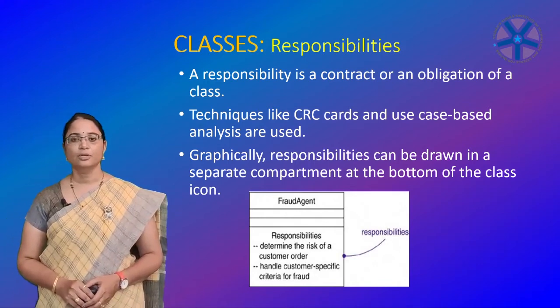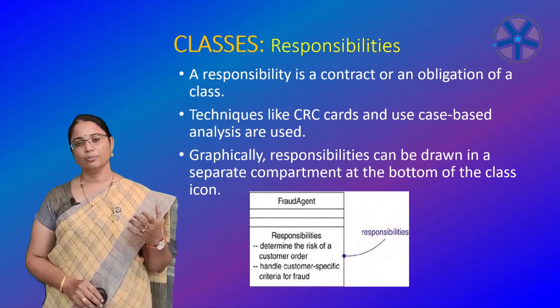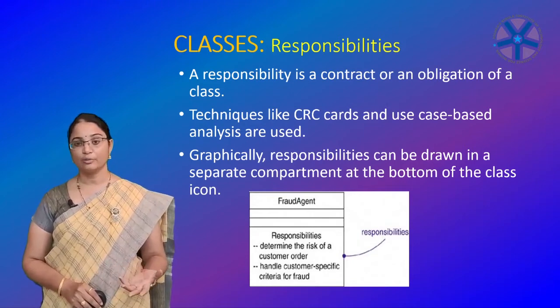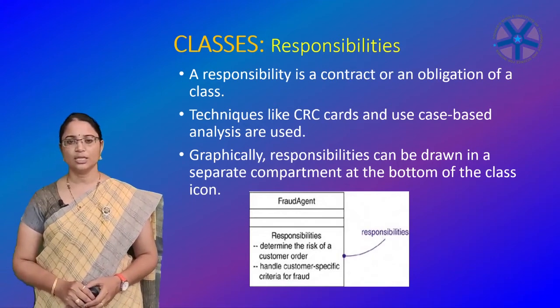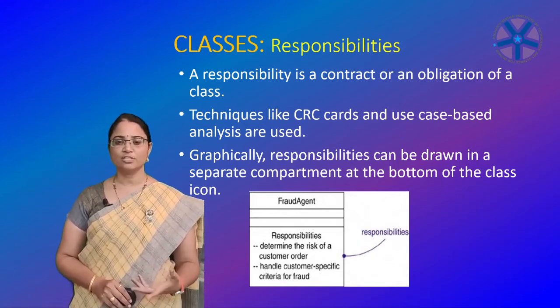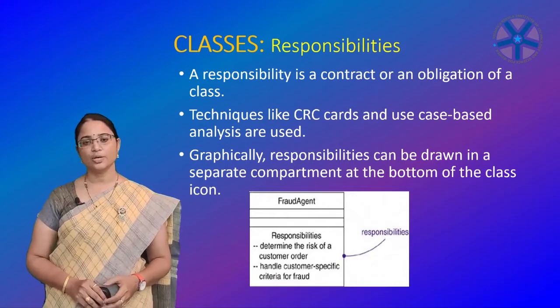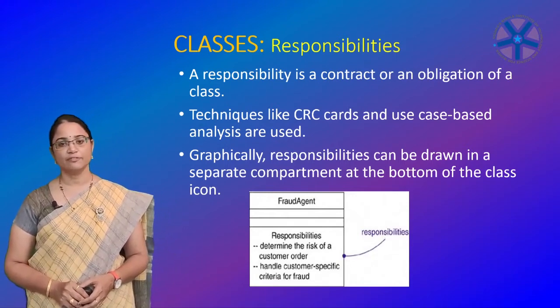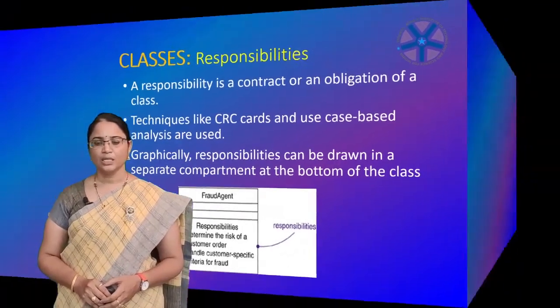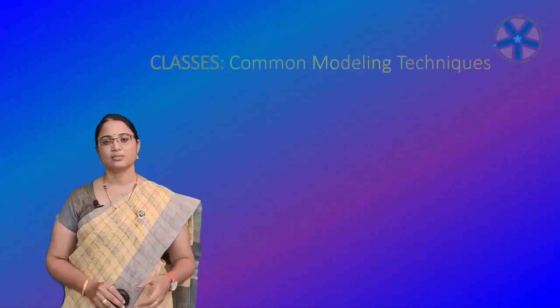This is enough to know what the names of the class should be, how the attributes, how the operations, and what the responsibilities of a class are. That's all. That's enough. You can go for the visibility also. For visibility, the plus, minus, hash and package symbols can be used for the attributes and operations. Till here, this is enough to go with the classes.